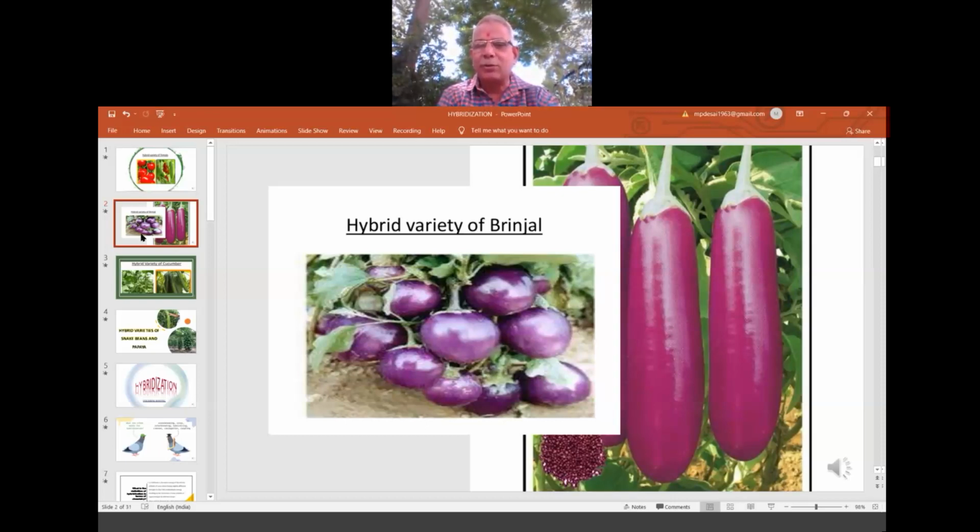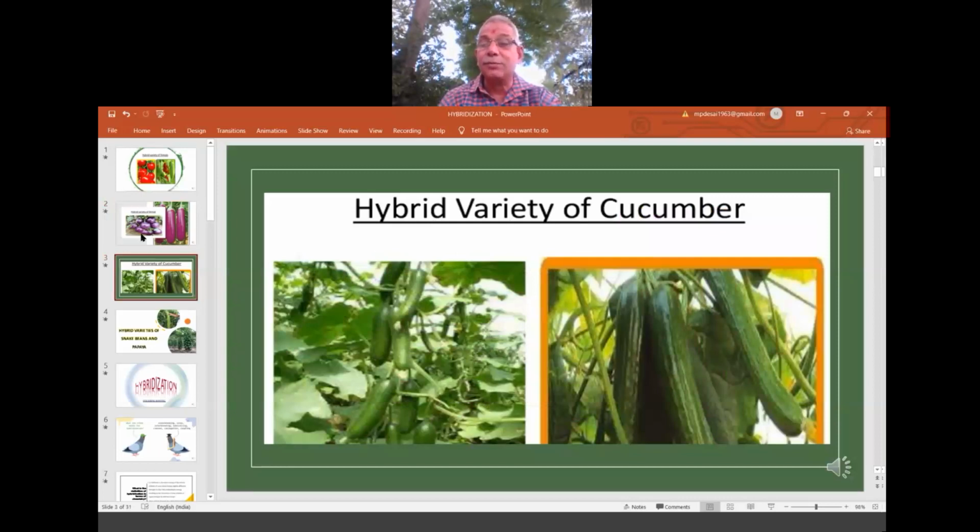Maybe due to some changes we make to the plants and the fruits, vegetables, maybe certain changes are there in the color and the taste. That is not a problem. But main content is kept, main nutrients are kept intact. Keeping all those intact, they go for the hybridization. Now please see this one, hybrid variety of cucumber.